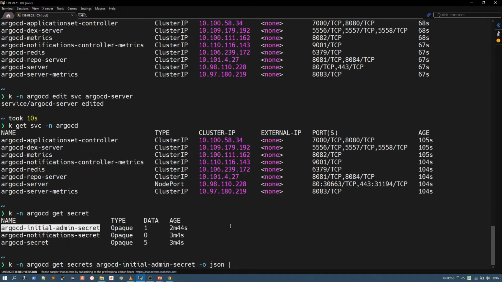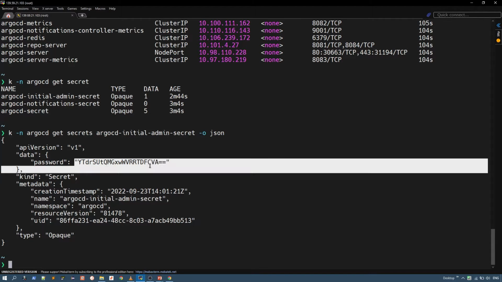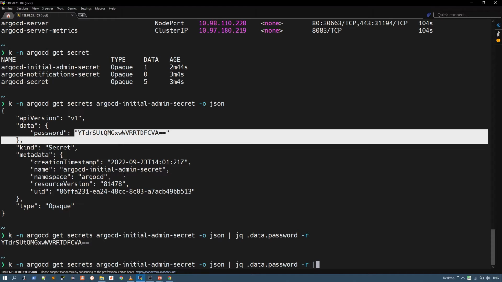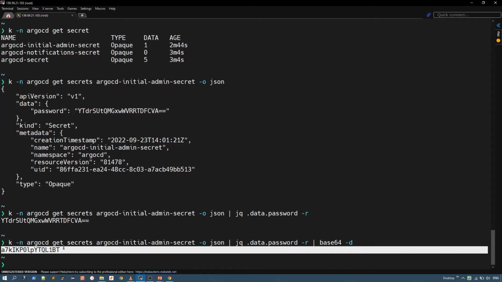I want to use jq. Let me get this in JSON format. If you see here, we have a password field, and this is currently in base64 encoded format. So let's try to decode this and use it for logging in. I can simply use jq .data.password, and pipe this to base64 -d, and this is the password which can be used for